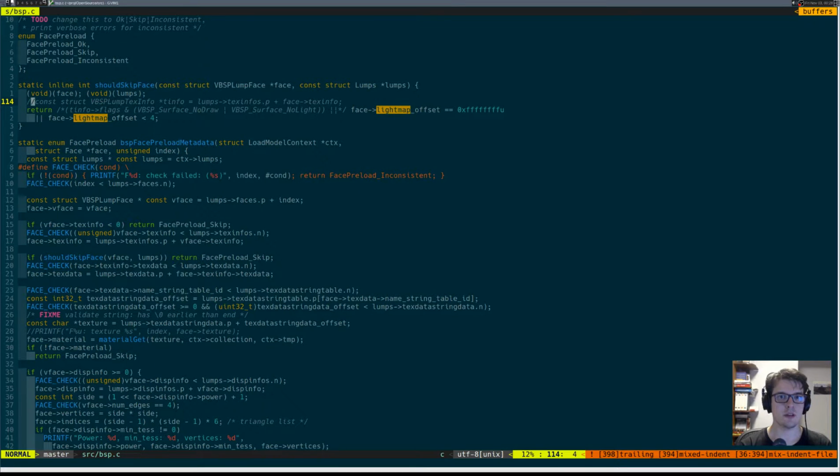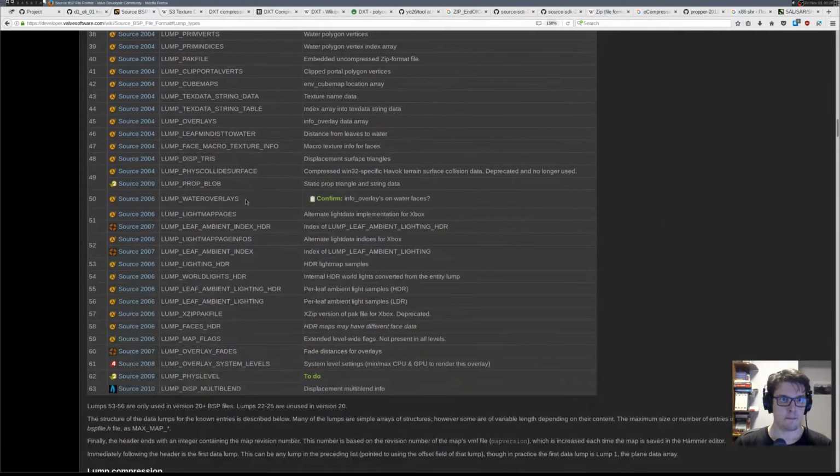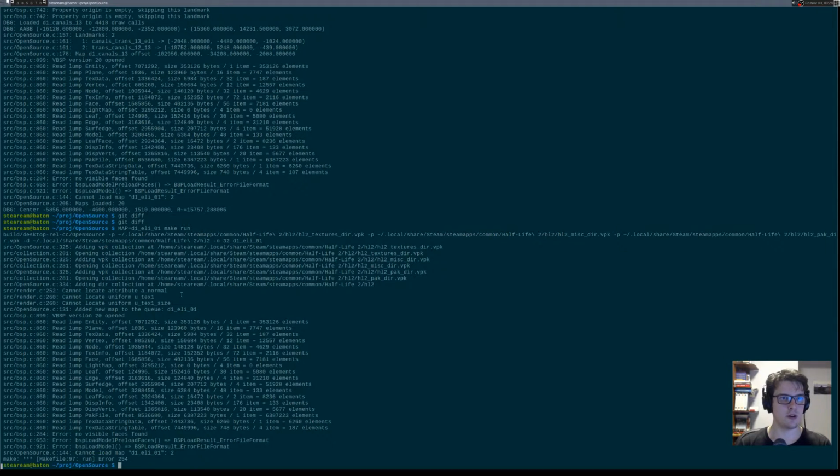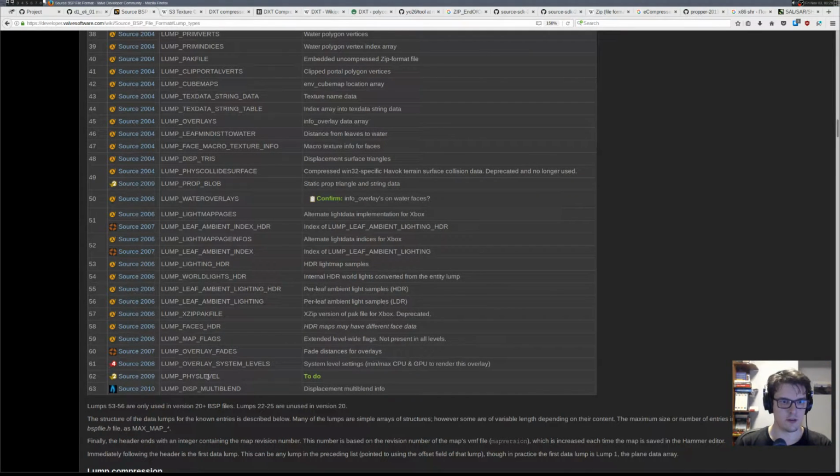It's because its face light map offset is 0, which is not correct. And there's a second faces HDR lump, which has basically the same structure, the same data, except for the light map offset data. And there's another lighting HDR lump, which contains HDR samples in the very same format as the original lighting